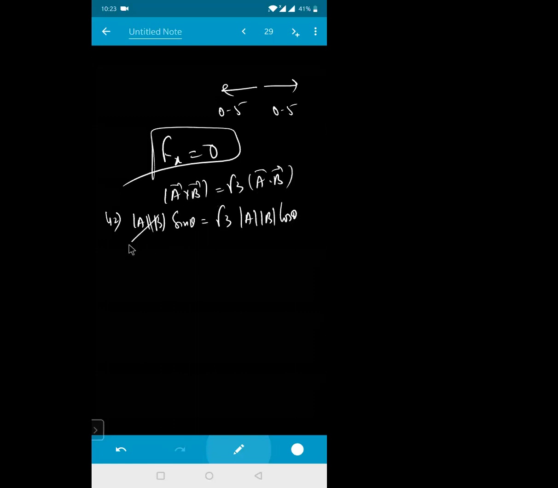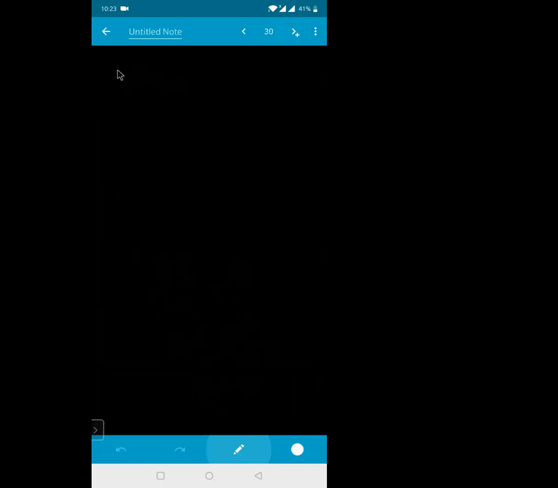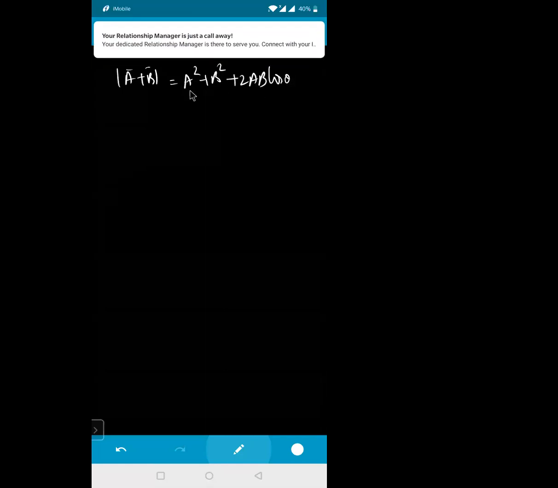तो दोनों के वैल्यूज लिख दिया, ये पूरा चले गया right now here. So it is sin theta by cos theta is equal to how much for me? √3. Sin by cos is tan theta. Theta is √3 means theta will be equal to how much beta? 60 degrees. So once I get the value of 60 degrees, I can calculate the magnitude of this one. Magnitude of a plus b is equals to, this will become for me how much? Square root of a square plus b square plus 2 into ab into cos theta.